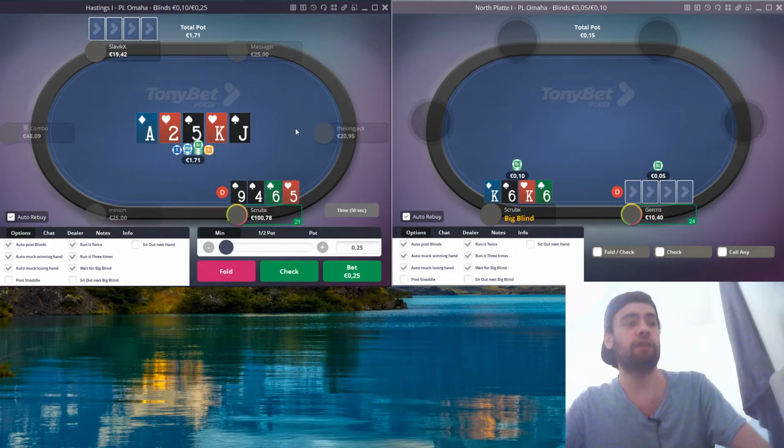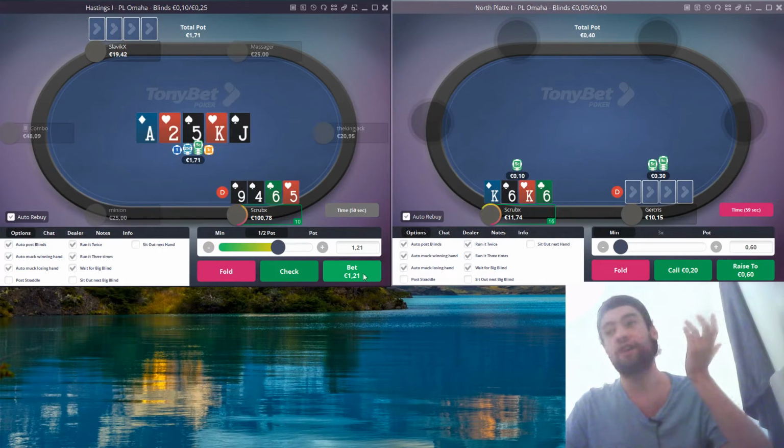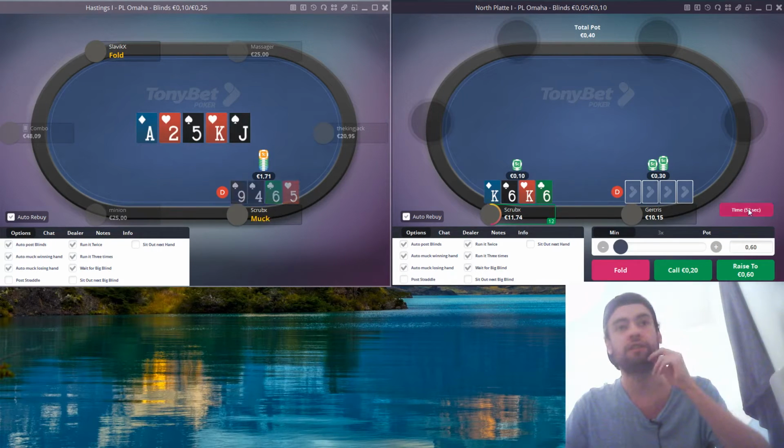The question is, can we get him off a jack or a random king? And the answer is, we have extremely poor blockers, but we also don't really have showdown value. And I'm just gonna assume he's checking down pretty. He's a fish. Do I really want to bluff into a fish? Let's try. I mean, he can at least fold pocket 7s or pocket 8s, which is a better hand than ours. With the king,